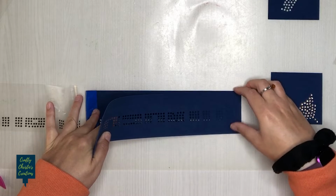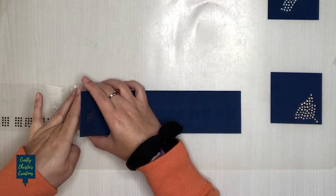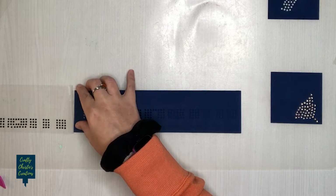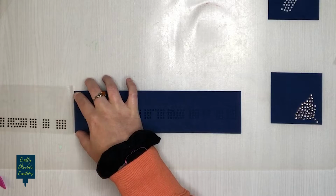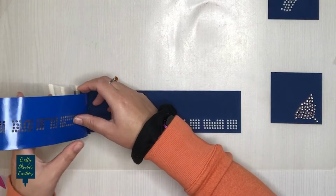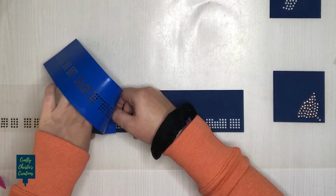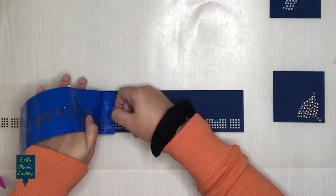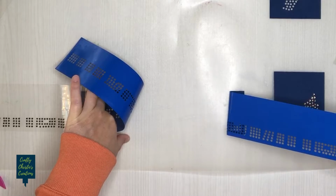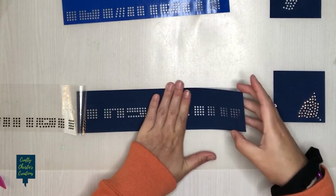So I've got the underneath edge laid out. And then what I can do is come over here with this edge, line that up right there. And basically I'm just kind of peeling one and laying the other one down. This is so that way because I'm using the same piece of transfer and it's a little bit larger than our design, right? So I want to make sure that I have it laying perfectly in the exact same spot